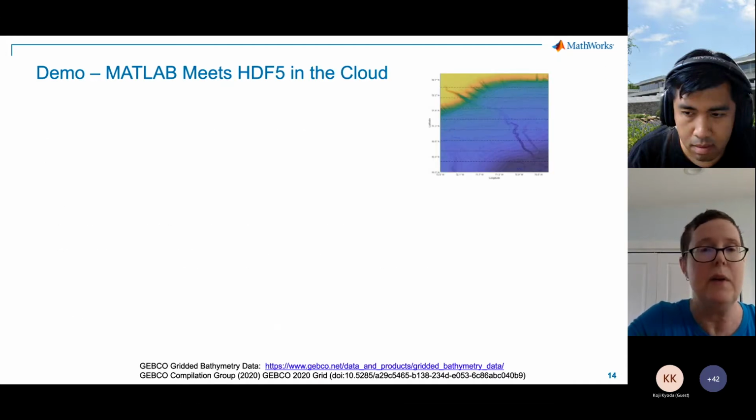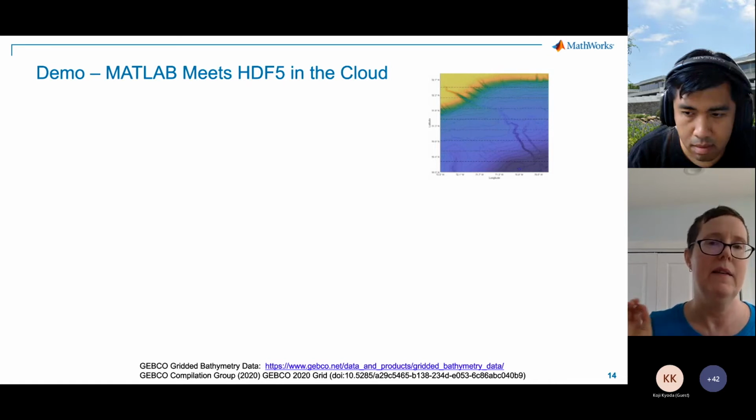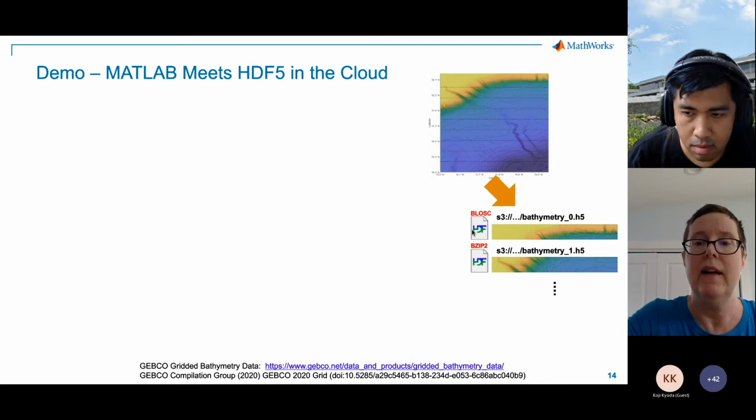I'm now going to show a demo that wraps all this together. And those of you who've seen my previous talks last year might recognize this. So what we did is we tweaked it a little and we added the dynamically loaded filter workflow in here. Just to set this up, my colleague at MathWorks who works with our team is a physicist who made this awesome demo. What he did was grab real bathymetry data and write that out into 8 slabs on S3,